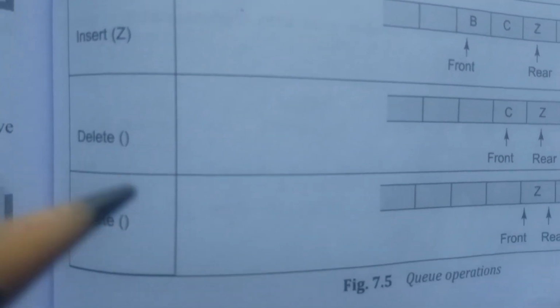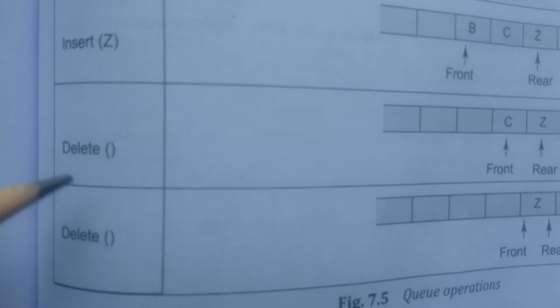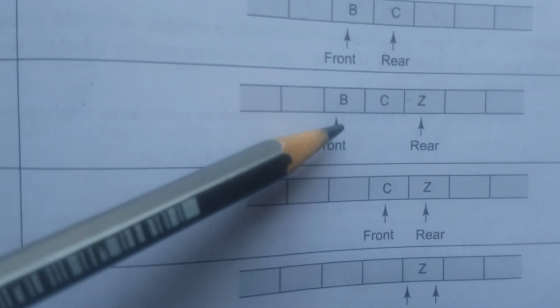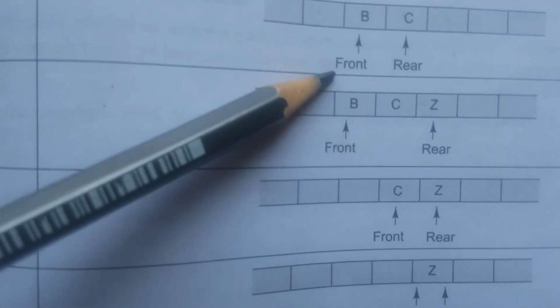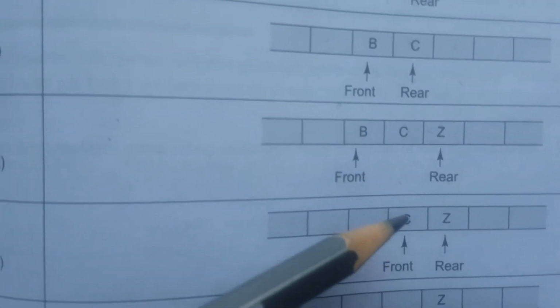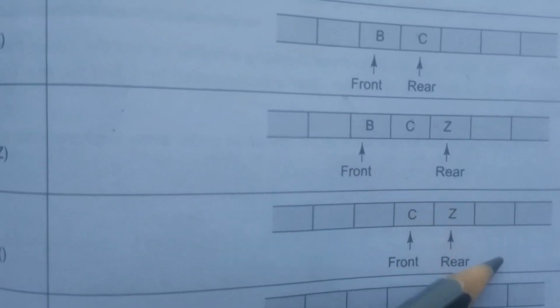After that, what I am doing, I am performing two successive delete operations here on the queue. So what I will get, first delete operation, the B gets removed, front gets incremented and it is pointing to C. So this is the condition after one delete operation on this queue. And after second delete operation, what I will get,